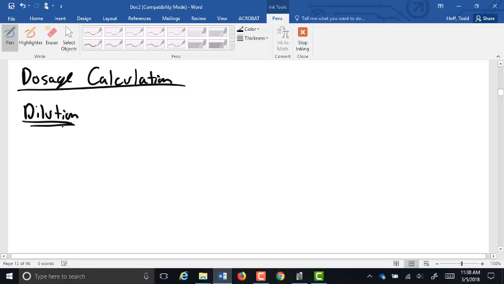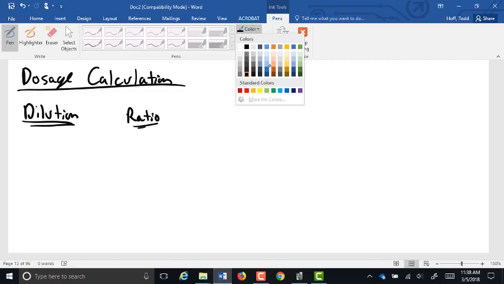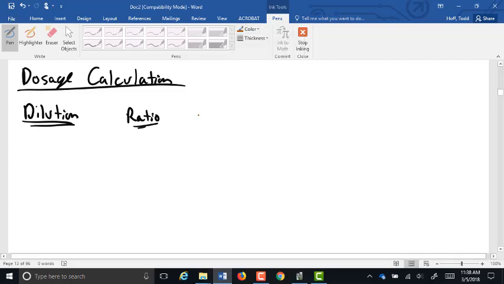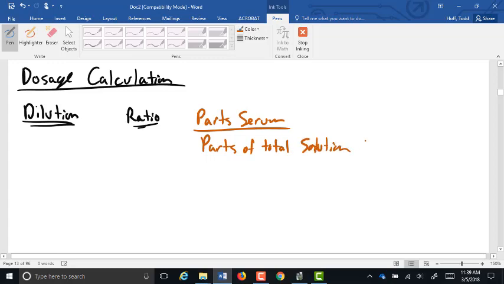A dilution is actually a very powerful little tool, and it is simply a ratio. We've talked about ratios before. A dilution is a ratio of parts of serum to total parts, or let's call it parts total solution. So if we have a 1 in 7 dilution,